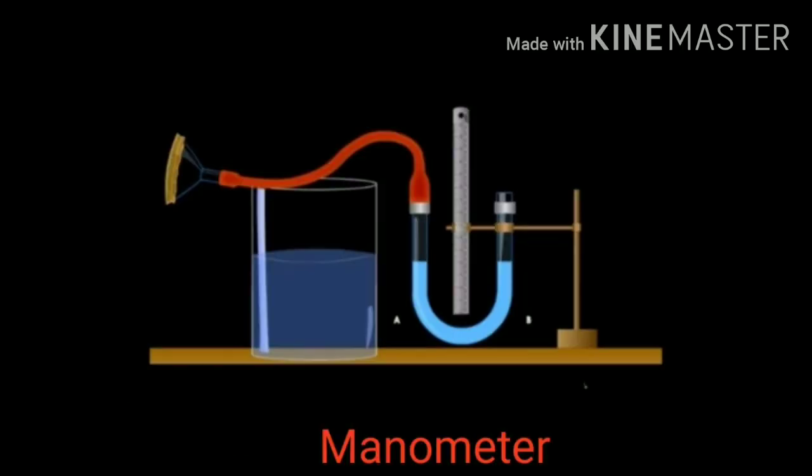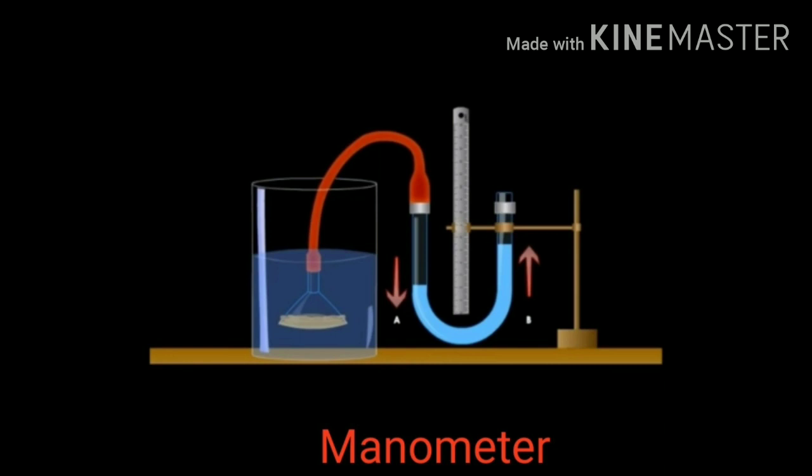Now we have seen that liquid pressure depends on various factors that can also be studied by using a manometer. A manometer is a simple device used to measure liquid pressure. It measures the difference in pressure exerted at the two ends of the apparatus. With both ends of the tube open, the liquid is at the same height in each leg. When pressure is applied on one leg, the liquid goes down in that leg and up in the other. Pressure is calculated by the difference in the readings of both the legs.